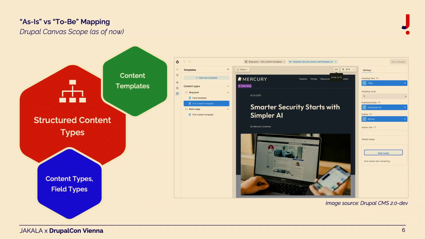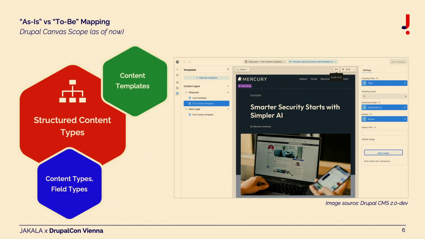Do we build everything with Canvas? No. We use Canvas and one particular feature called content templates. Content templates allow us to override how the structured content types look. So you will be able to use the Canvas UI to build the layout and how all these pages look, right?